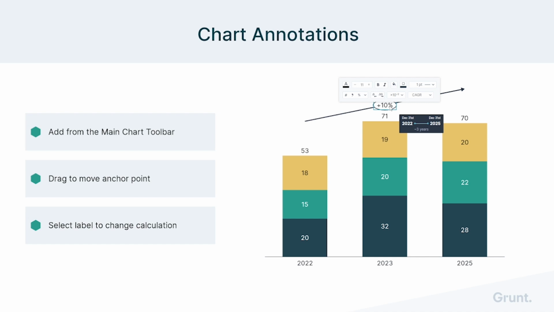So by clicking on the CAGR here, we'll see that it has in fact detected the dates, and so it's using a date-based calculation format. If it can't detect it, no problem. If you hover over the CAGR, it will tell you here that it's using an index-based calculation instead.